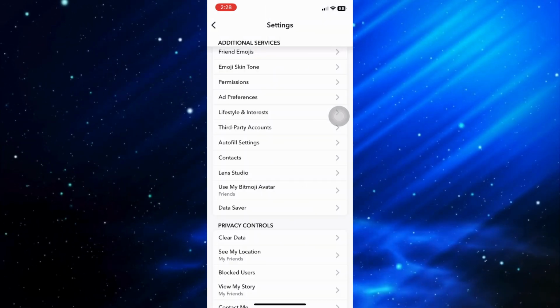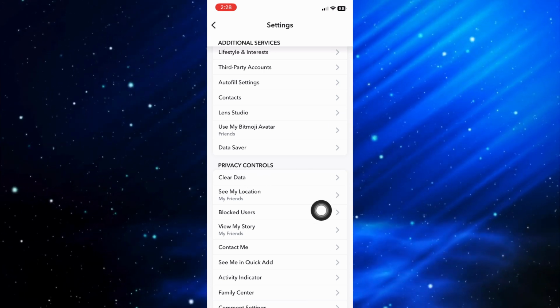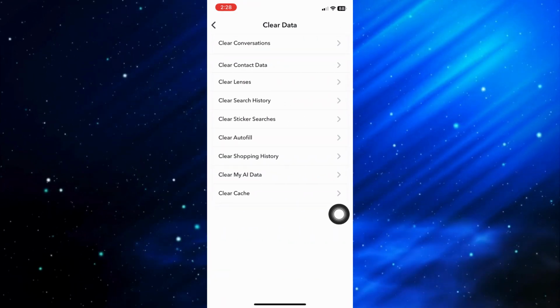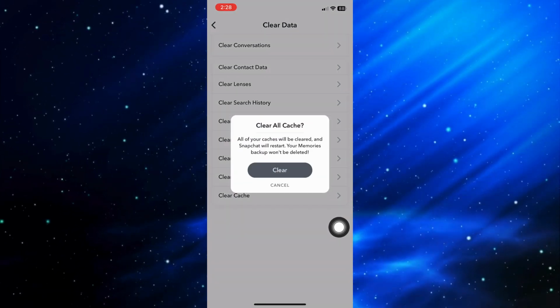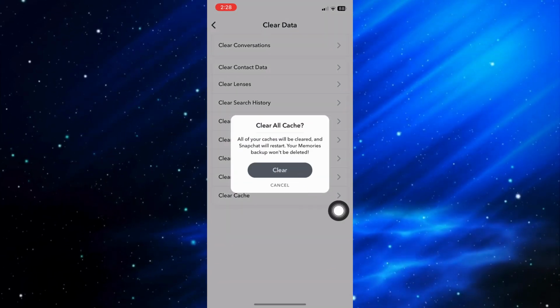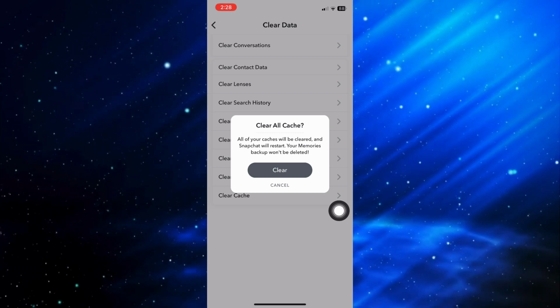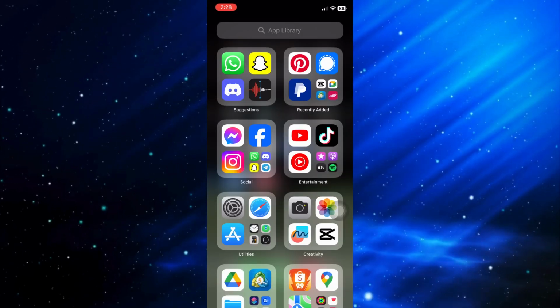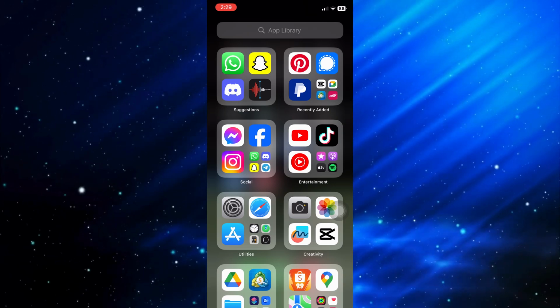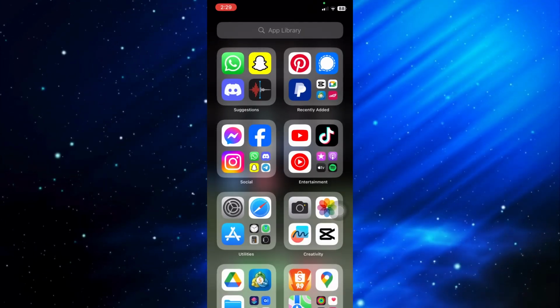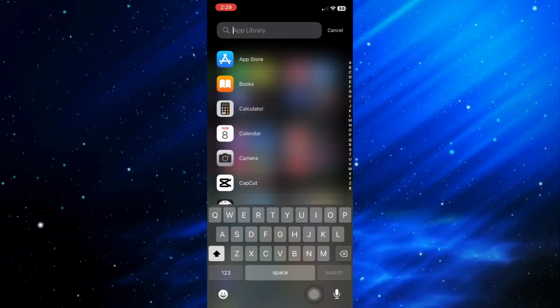Right after that, scroll down and you want to click on the clear data option. In here you want to click on clear cache, and you can just go ahead and click on clear to confirm this procedure. Now this will go ahead and get rid of some minor glitches and bugs that have been installed to your Snapchat. Right after that, you can just go ahead and make sure that your Snapchat is up